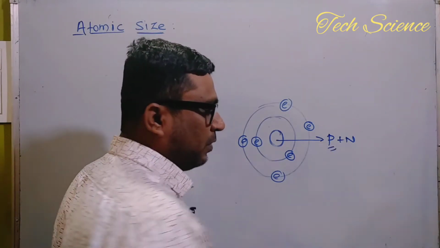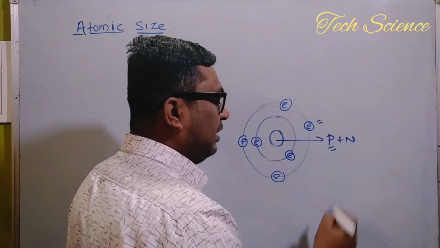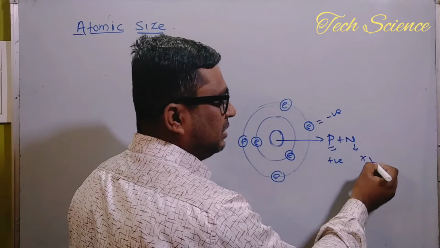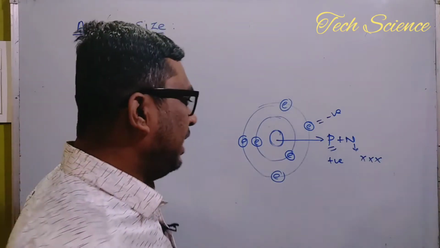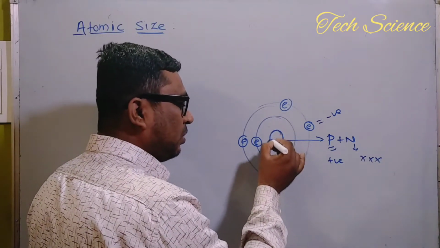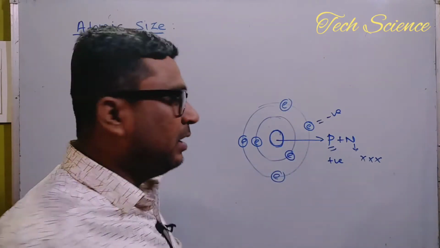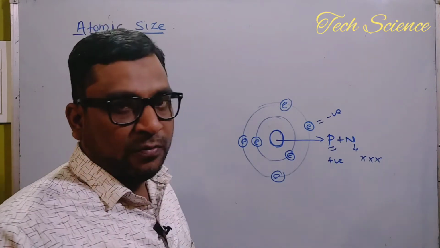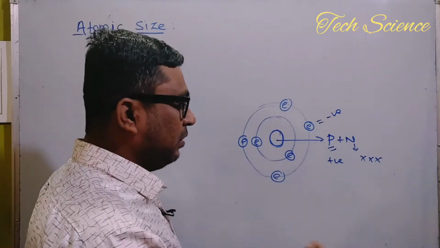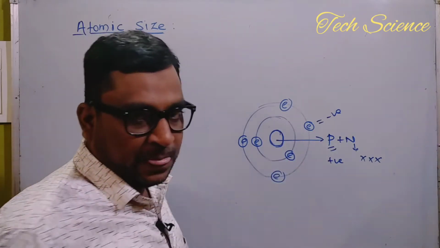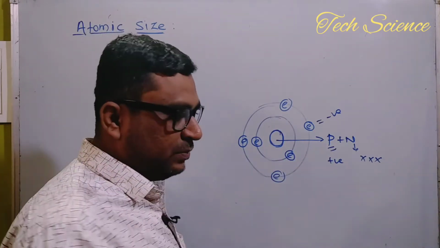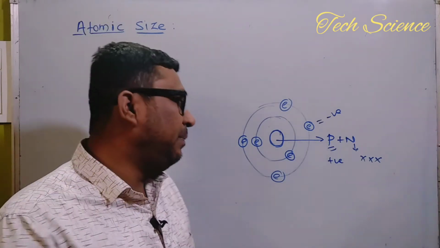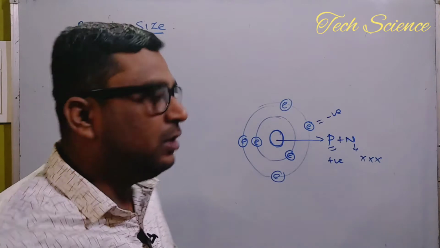Protons carry positive charge, electrons carry negative charge, and neutrons are chargeless. Because of that, the positive charge is accommodated within the nucleus, and around it, in the orbits, we have the negative charge. Generally, in an isolated atom, the number of protons and electrons are the same. That's why the positive and negative charges are equal, equal and opposite charges cancel each other, and because of that the atom is electrically neutral, as we know.